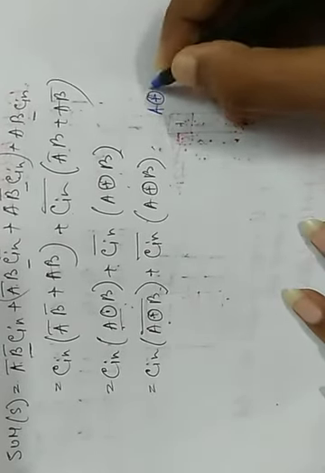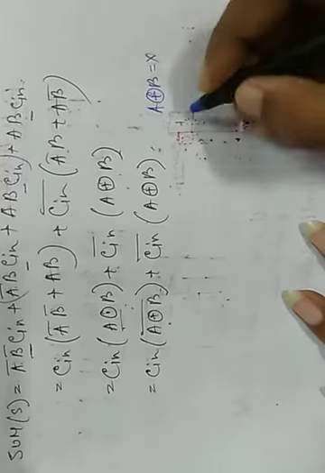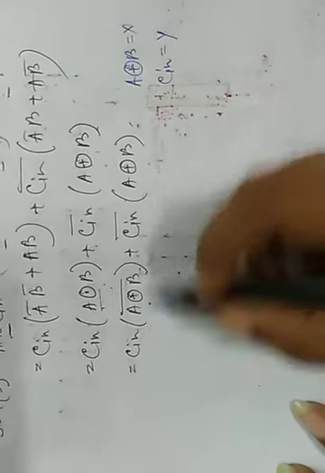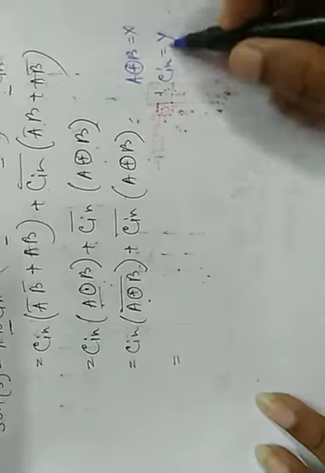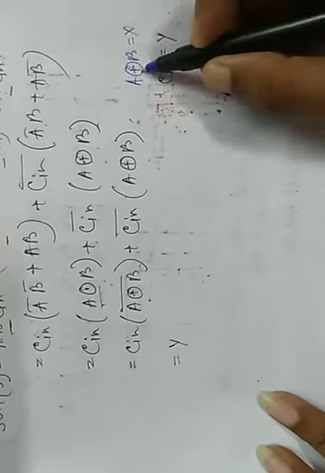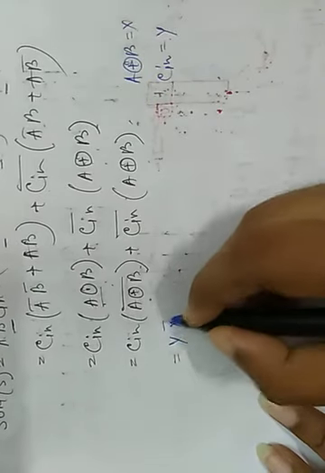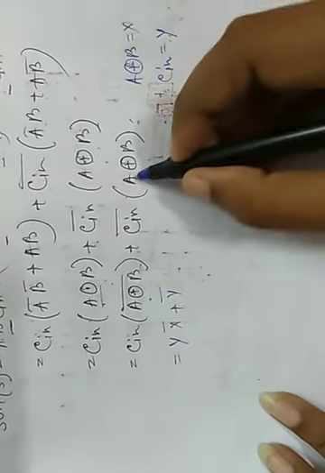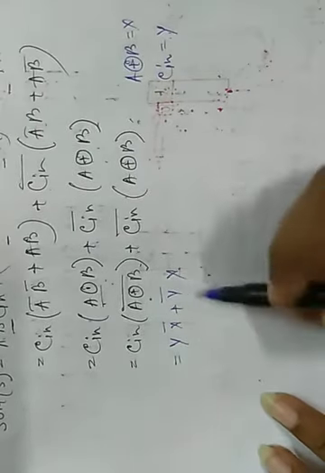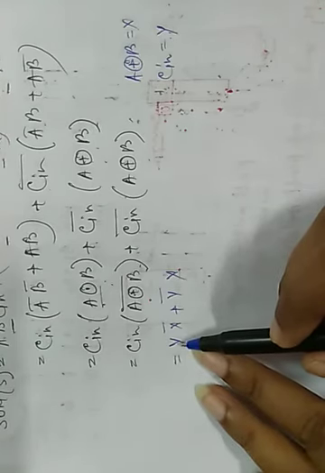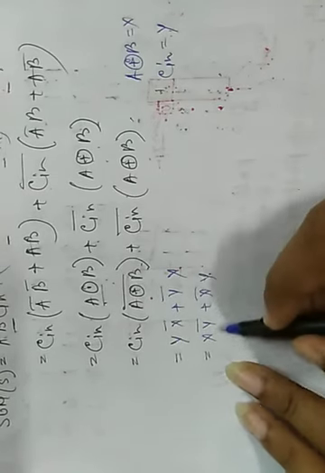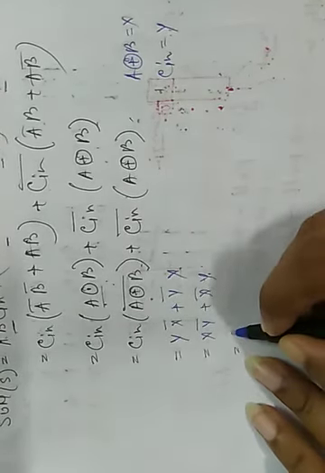Okay. Now if we take A XOR B using X and C in using Y, this expression can be written as C in is Y, A complement B is X bar, again C in bar means Y bar, and A XOR B means X. You can see this expression we get if I write like this, X Y bar plus X bar Y. Again this expression is similar to X exclusive OR Y.